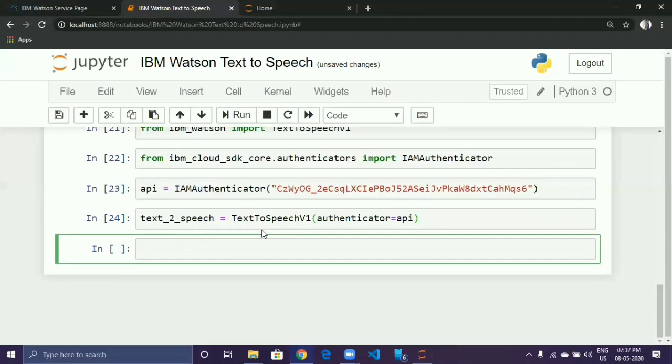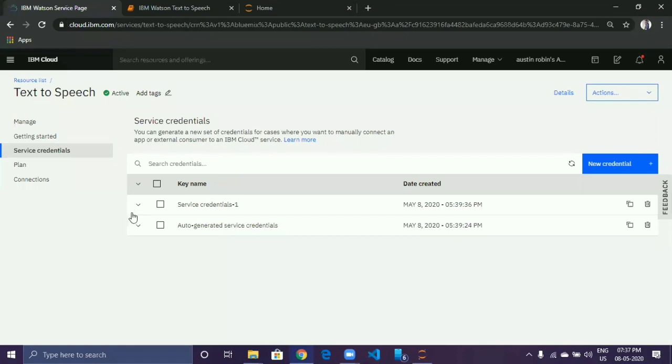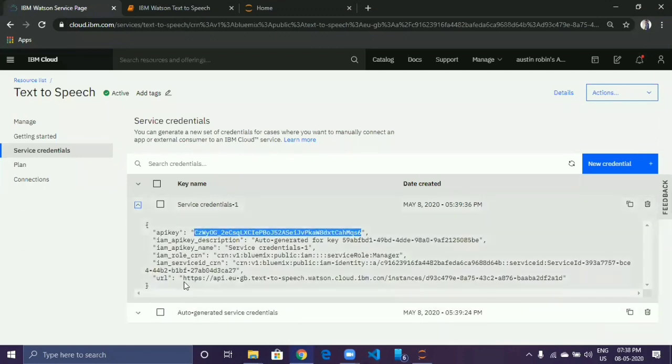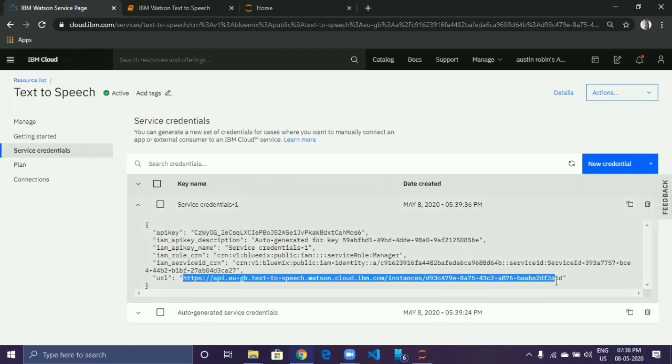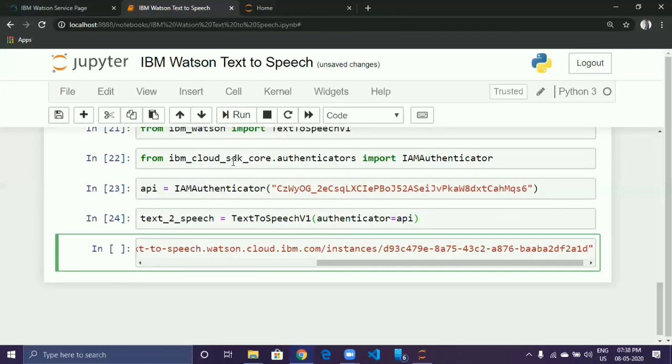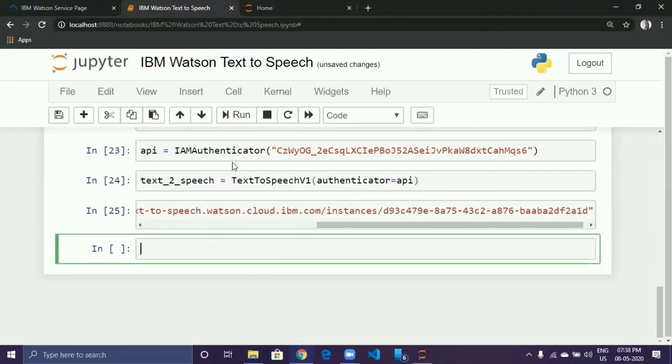Then set the service URL for our IBM Watson text-to-speech service. You can find your service URL in IBM Cloud. Back to IBM Cloud, click on service credential 1, then copy the URL. Then paste it. That's it. Our IBM Watson text-to-speech service is ready to use in Python.